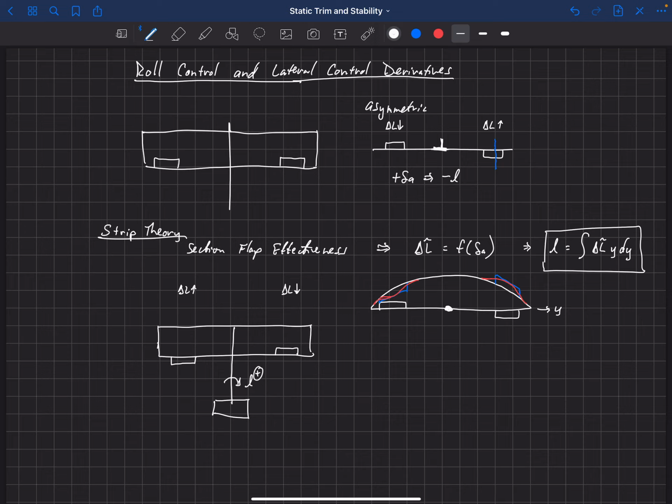But the challenge here is that this has also affected our drag on each side. So it turns out that with the decrease in lift on the right hand side, we've also decreased the drag most of the time. Okay, we'll talk about some exceptions here in a minute, but on most aircraft, you also decrease the drag on that side, and you end up increasing the drag on the left hand side by the increase in lift over there.